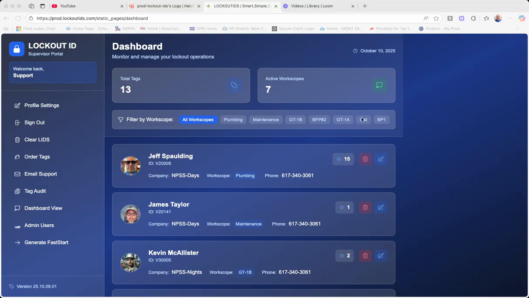It's live now. It is version 25.10.09.01, and it provides an update to Tag Audit. So I'm just going to go quickly through this entire dashboard and what you can expect as a new Lockout